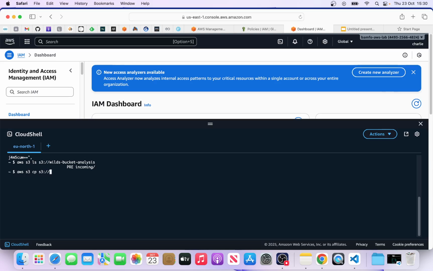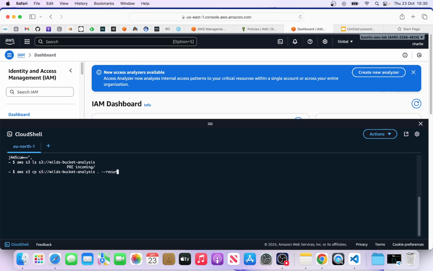// and then the bucket name, put it here. So where are you going to copy it to? I want to copy it to my current directory, my current folder. I don't have any folder for now, but let's use my present working directory. So I'll say period, or full stop. And then what do I want to do? I want to copy the bucket and its content. So I'll say